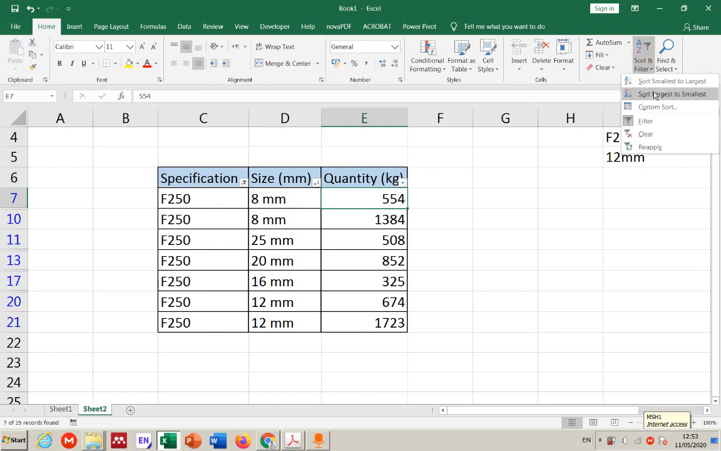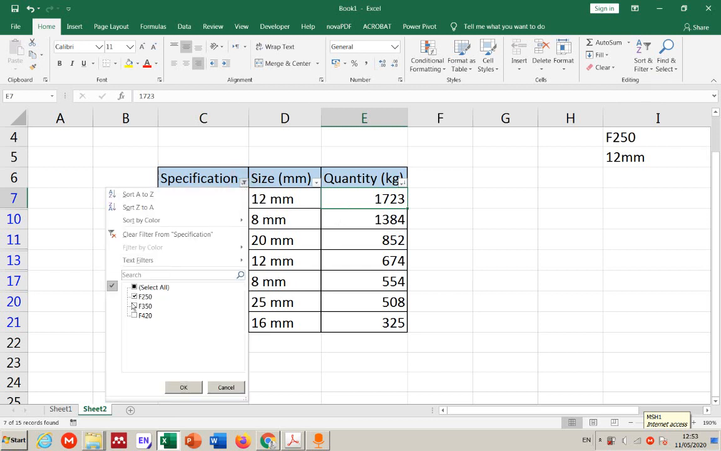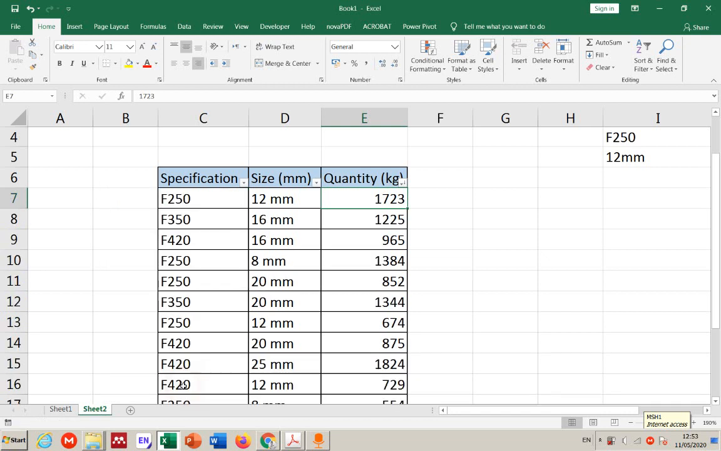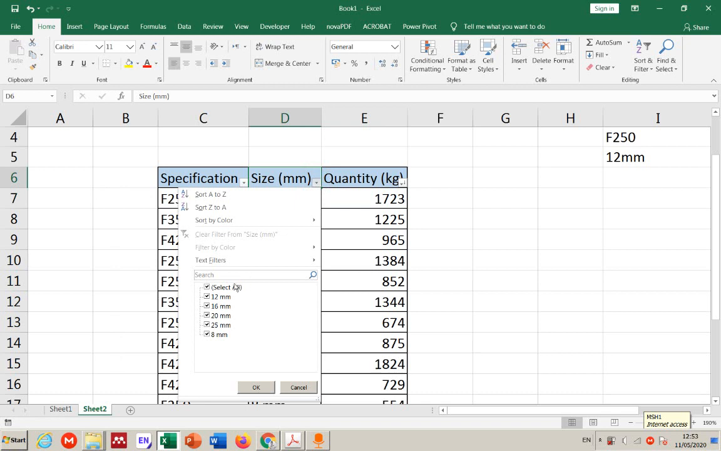For example, to see which one I have the most. I have 12 millimeter the most. Look, I don't see the rest of them. Why? Because I use a filter. I click back on this one, check the rest of them, and I can come back to the table that I have. Now if I want to only see the 12 millimeter, I can simply uncheck all of them